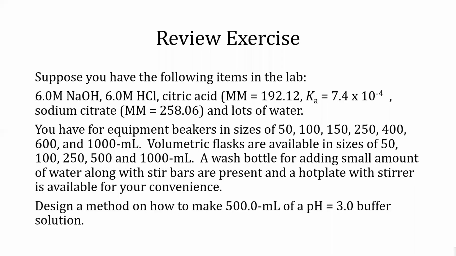Here are a few exercises for you to work on. Suppose you have the following items in the lab: 6.0 M NaOH, 6.0 M HCl, citric acid, molar mass equals 192.12, Ka equals 7.4 times 10 to the minus 4, sodium citrate, molar mass equals 258.06,